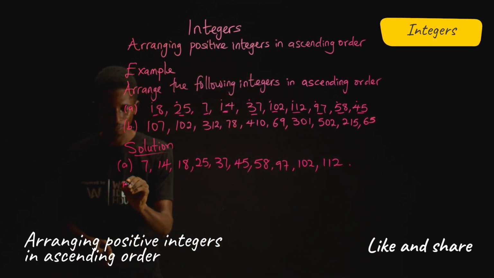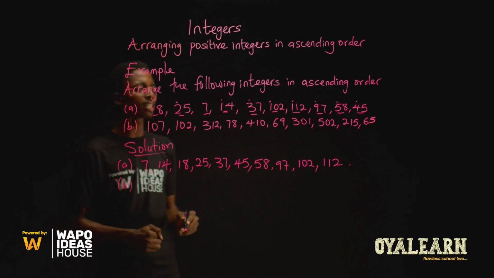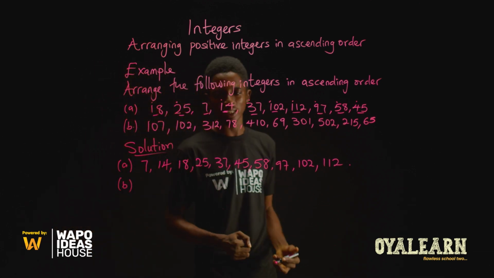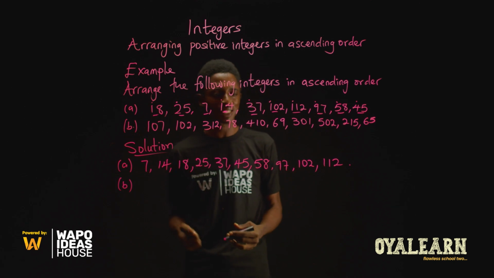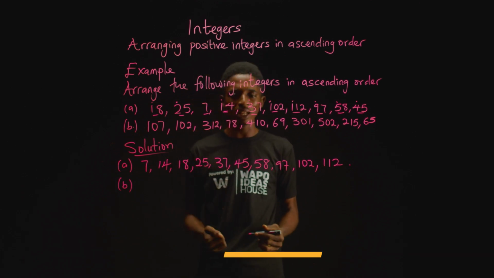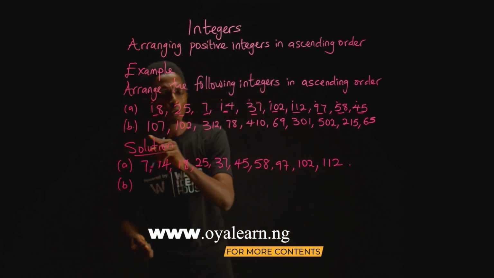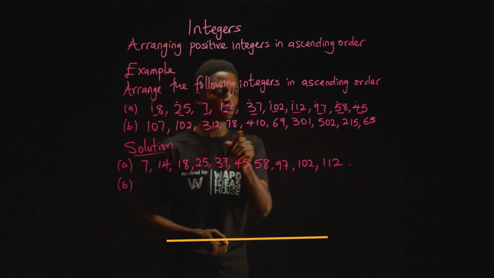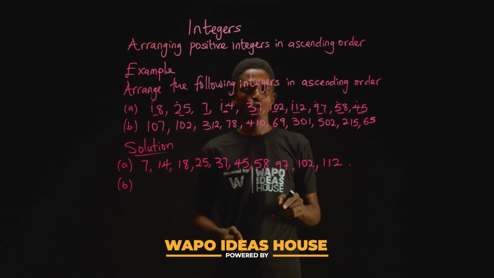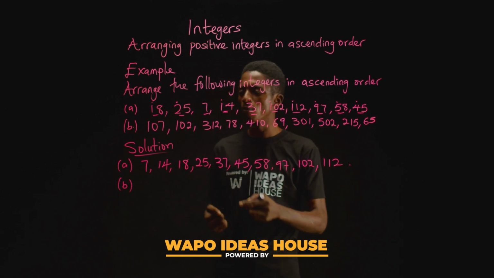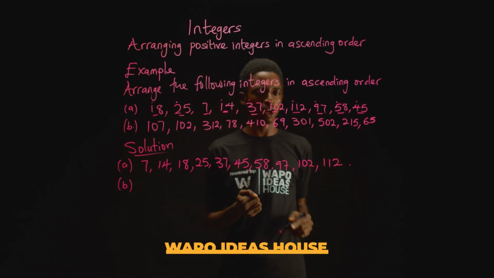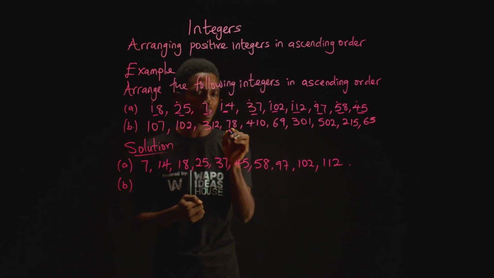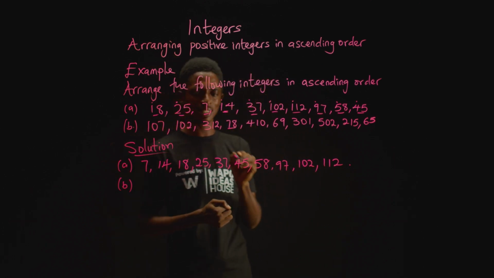Now let's go to B. To answer the question in B, we do the same thing by identifying first the number with the smallest value. And if you look through, we have 3-digit numbers. We have 2-digit numbers as well. So definitely the smallest value will be one of the 2-digit numbers. And of the 2-digit numbers, we have the number 78,